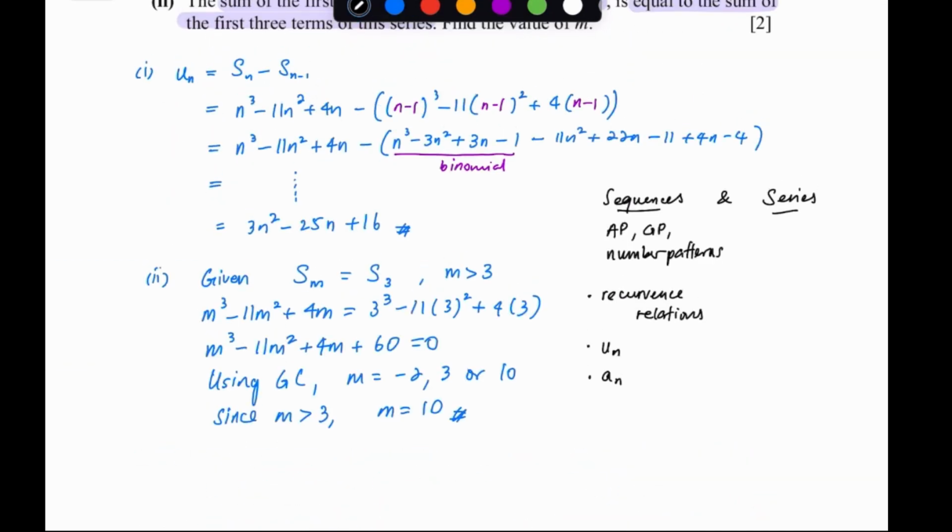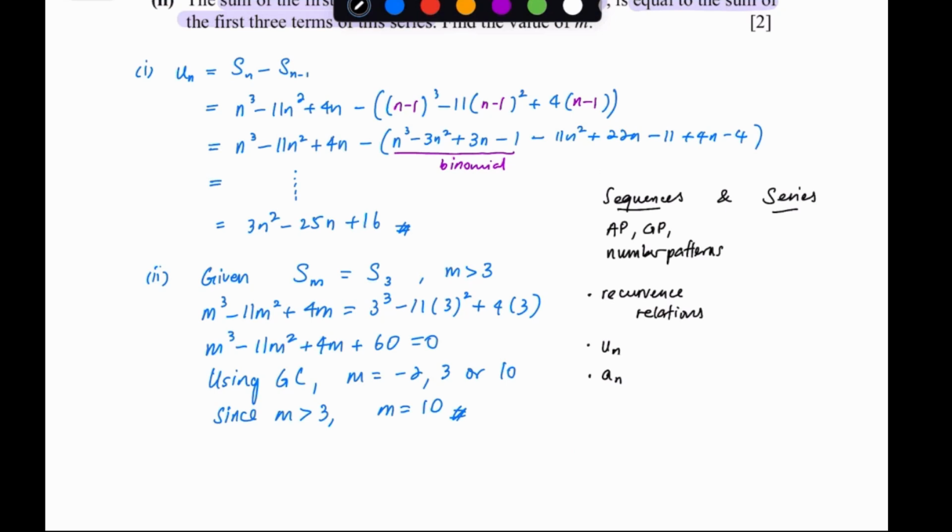Now the second thing I want you to realize is that series is actually your AP-GP sum also. At the same time, we now expand this to the sigma notation. So over here you have your S_n, you have your S infinity. And then how do S_n and S infinity link to the sigma notation? How is it presented in the sigma notation? That is something we need to consider also. So technically speaking,